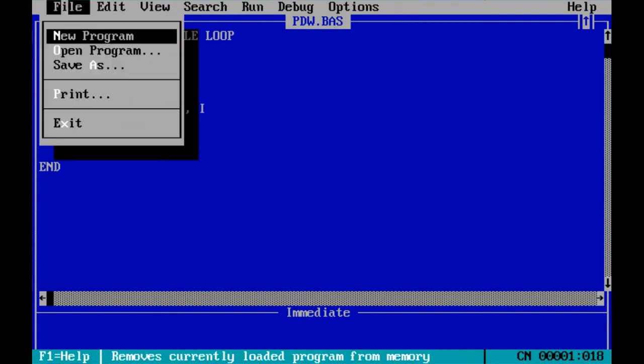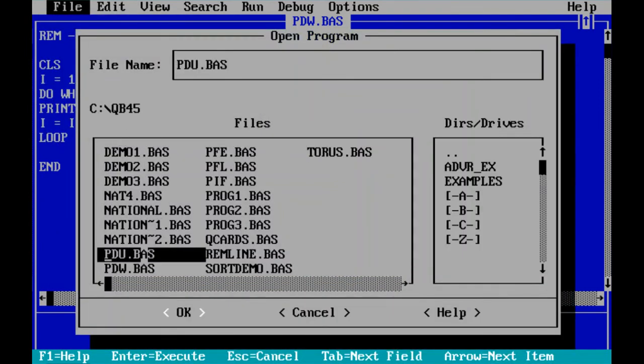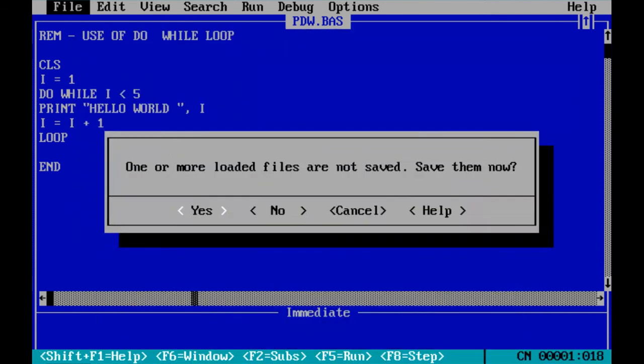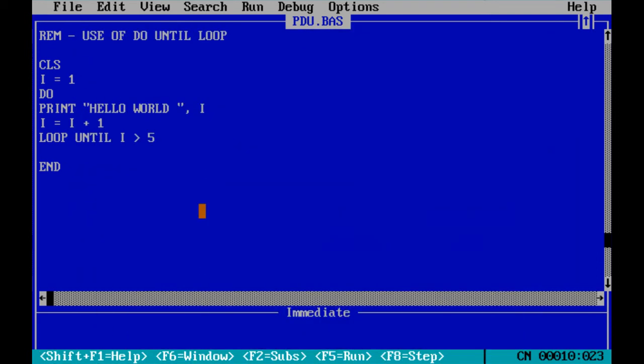Next is the DO UNTIL loop. Save the changes in this program. This is the example of the DO UNTIL loop. I's value is 1, DO, print hello world, I equal to I plus 1 to increment the value of I by 1, loop until I is greater than 5.